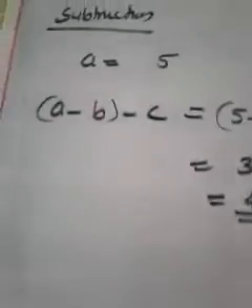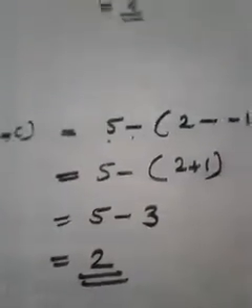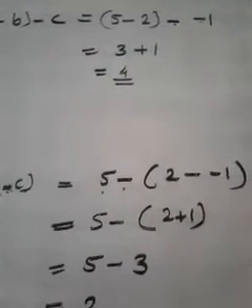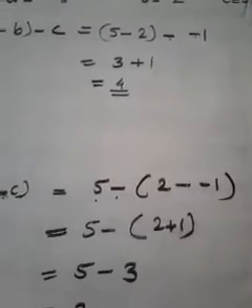That means when I calculate (A minus B) minus C, I got it as 4. When I calculate A minus (B minus C), I got it as 2. That means both are different. That means the first example itself is spoiling. So do I need to take the next example? No, because we got one example, it is spoiling. So no need to go for any other example. We can easily conclude that subtraction is not associative in integers.